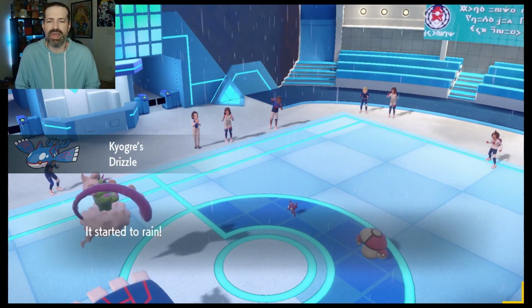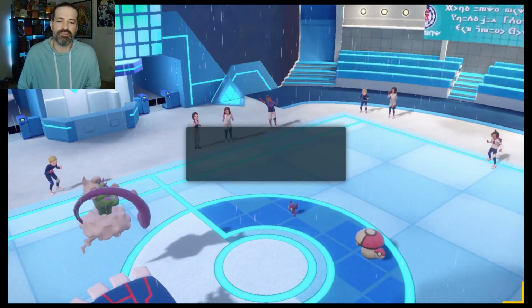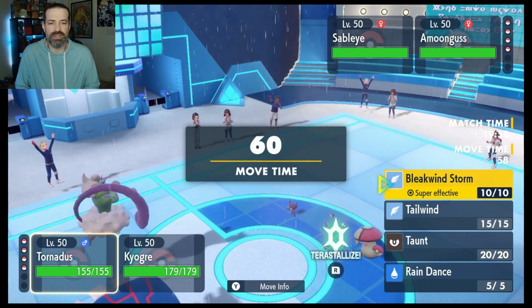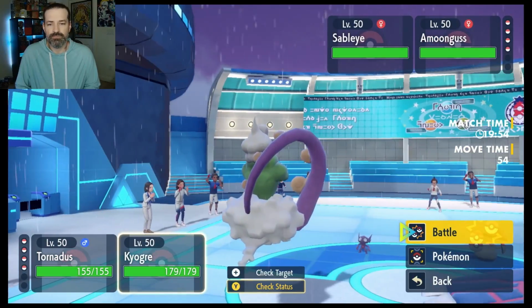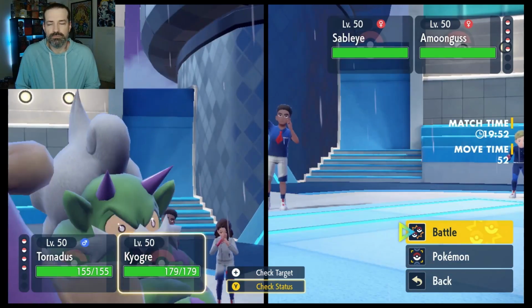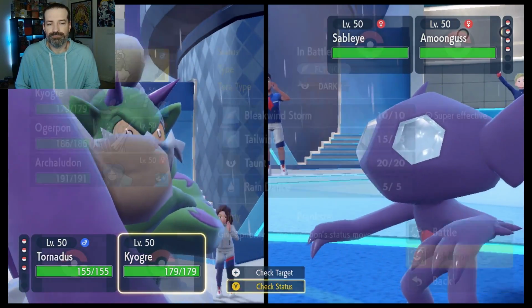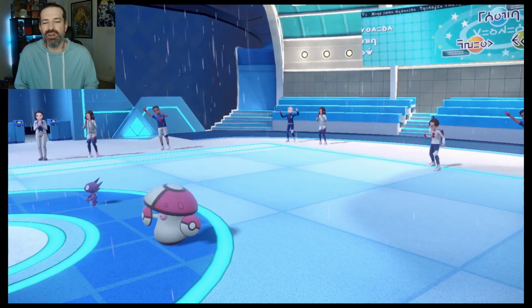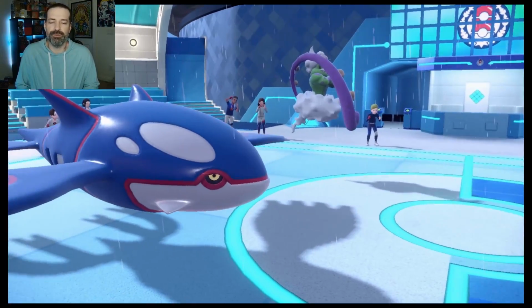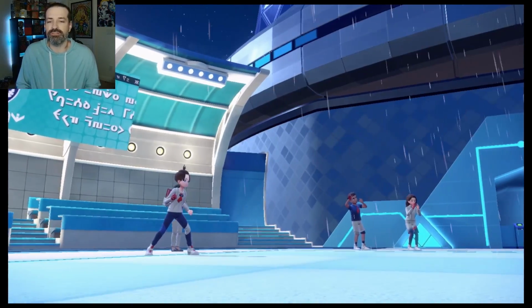So here's what we're going to have to do, I think. I think we're going to have to swap out Kyogre initially here. Let's go for the Bleak Wind Storm. Let's go for Ogerpon. I know we could always end up going for a Taunt over there, too, and honestly, that might be the smartest thing, but...